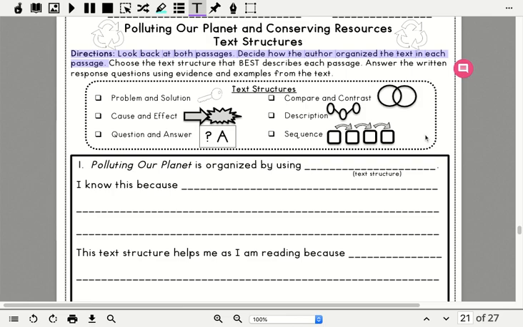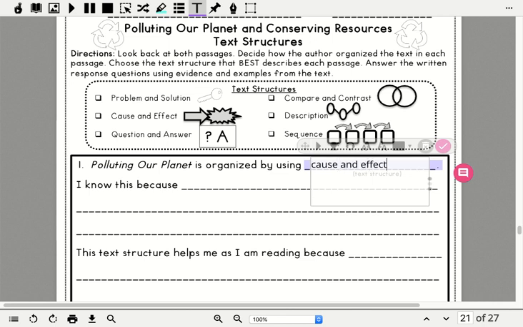And then we have water. It tells me what it is, and that it brings it into the water and makes animals and people sick. So I think cause and effect is probably the best answer here. So cause and effect. I know this because